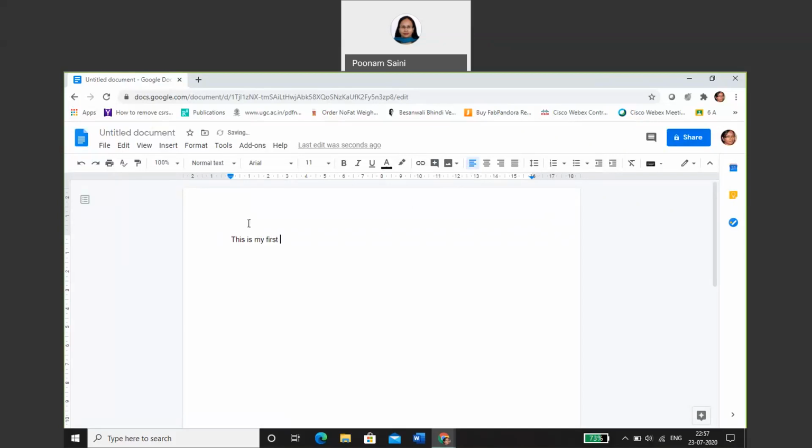This way you can see and record all the edits as well. You can see the version history, and whatever new edits have been made by the students can all be recorded. You can create an assignment here, a question here, and you can invite all the students to this Google Doc. There are also some settings where all the students will have access to this doc, and they will have their own copy of this Google Doc, and they are allowed to make edits on their own copies. So this is how you can use this Google Doc feature as well.